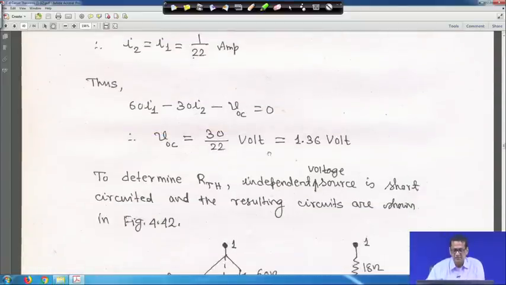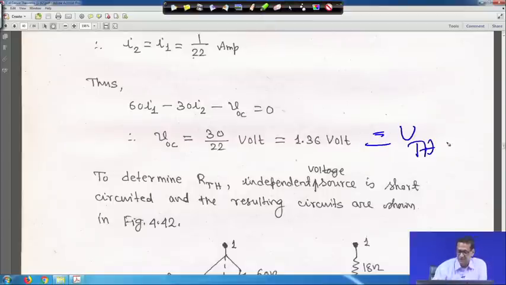So, we got VOC is equal to 1.36 volt, right. This is V Thevenin. VOC is equal to V Thevenin, there should not be any confusion. Now, next is